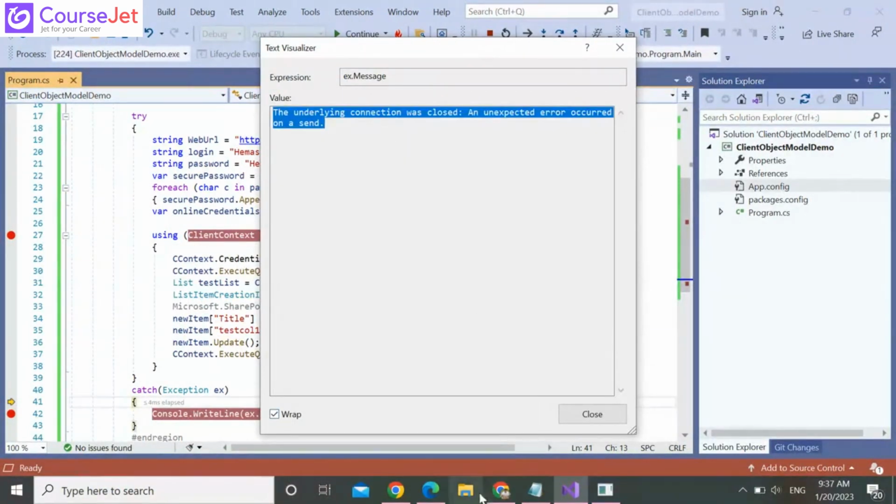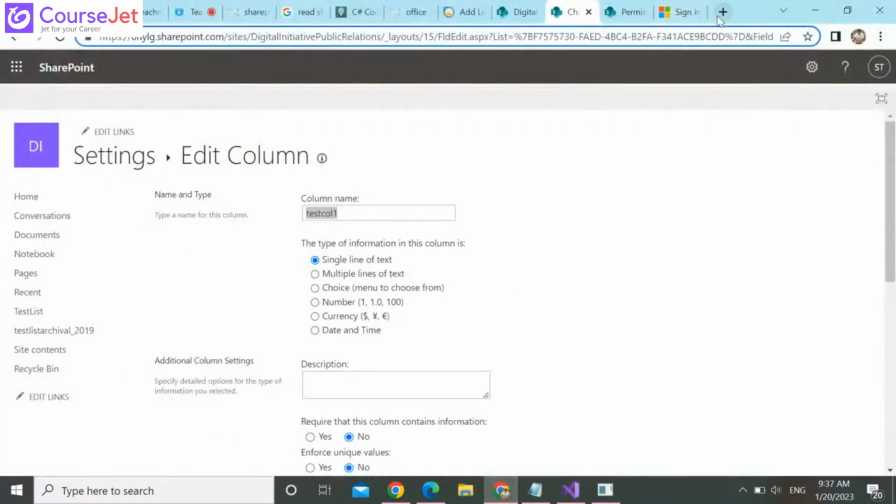So this is the error message we are getting. I'm not sure why we are getting this error.